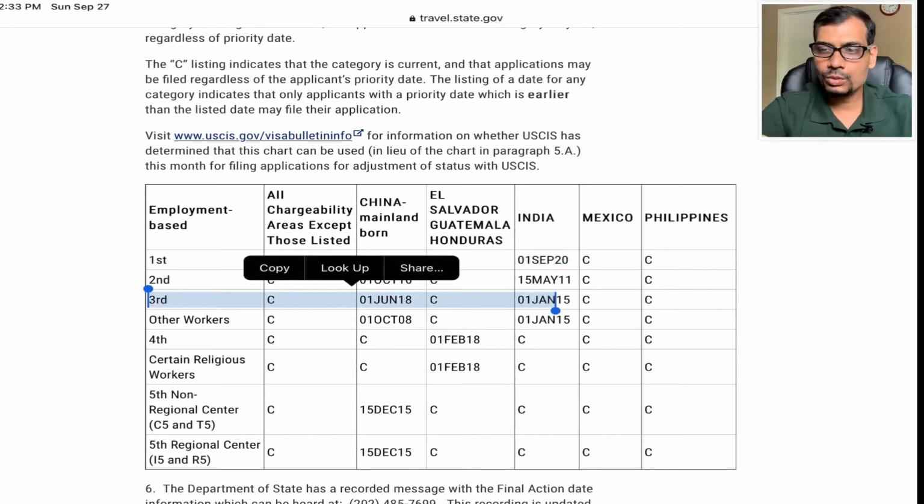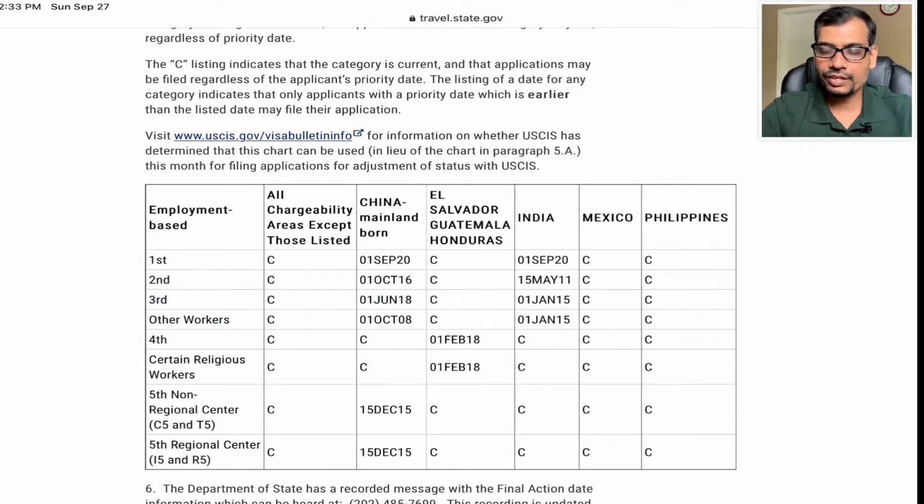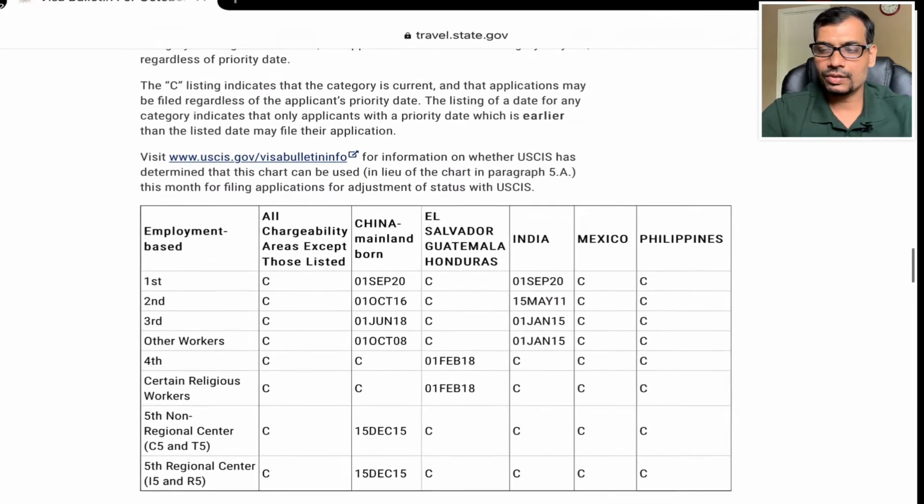In EB2 and EB3, EB3 is the most sought after now because the date has advanced to January 15, 2015. So whosoever has a priority date before 1 Jan 2015 is eligible to file the green card. This is very important news. And for the second priority, May 2011 is the cutoff date for them to file.